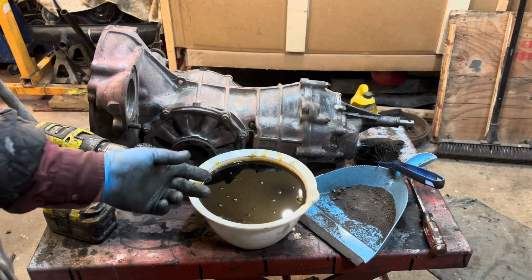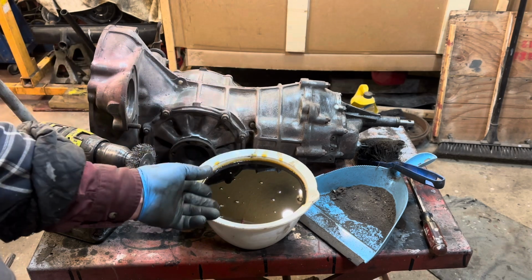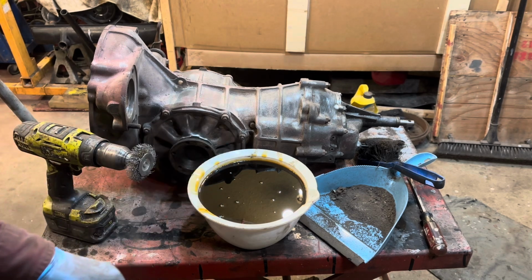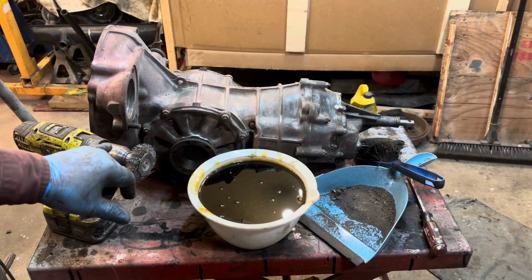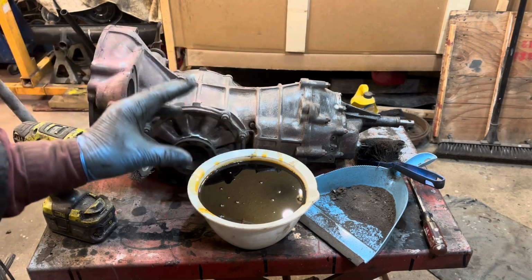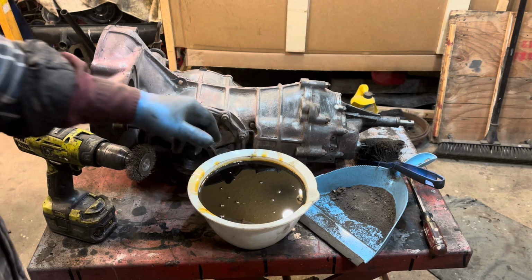I drained the oil out of this, and it's really not too bad. It's pretty clean looking. There wasn't a lot of crap in it, and there wasn't a lot of crap on the plug. So I put the plug back in, and I put a wrap of Teflon tape on it to help it stop leaking, because they're prone to leak a little bit. I gave it a once over with the wire brush or wire wheel. I guess you're not supposed to do that because it impregnates the magnesium with steel and it causes it to, whatever. And then I was careful around the seals, and I kind of used a screwdriver and chipped out everything,